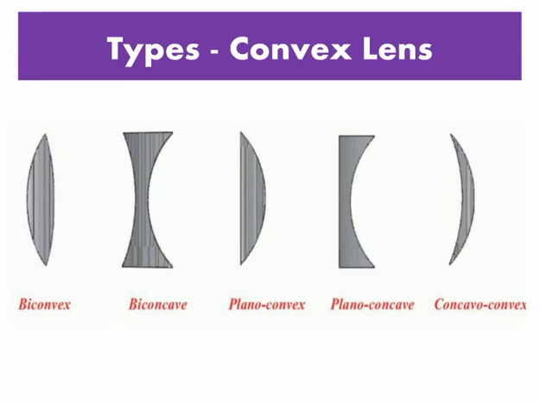Types of convex lens. You can see the image of the diagram. We have three types of convex lens. One, plano convex lens. Second, double convex lens. Third, concave convex lens. First, we are going to discuss the plano convex lens.